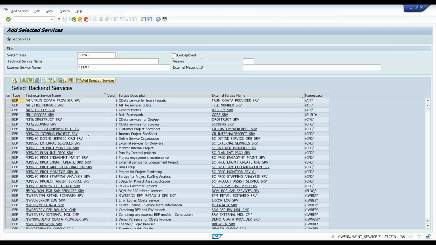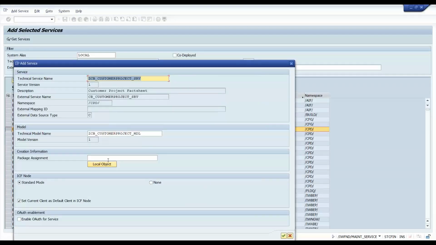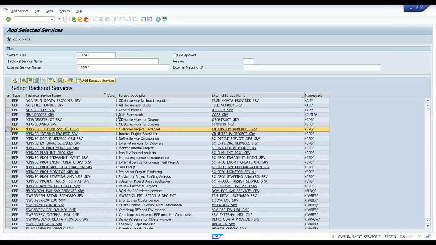Just search any random service. You select any random service in your company, and then you will activate that service. An ICF node will get created. So you select and click on add selected service, and then you choose a package, and then you say okay. I'll show you that activation in more detail in the next class, but eventually, if you see,